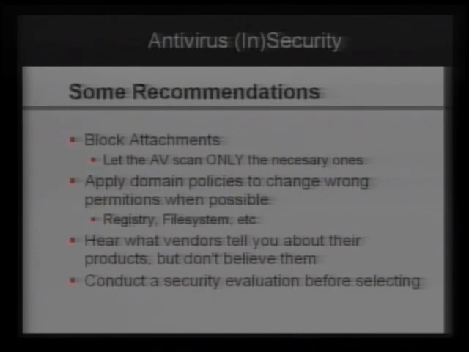Obviously you have policies that you can apply at domain level. So if the antivirus makes mistakes on the registry permissions, or at file system permissions, just do your policies the right way. Check any kind of software that you install on your machines, in your corporate network, and fix them. You can do it with domain policies.